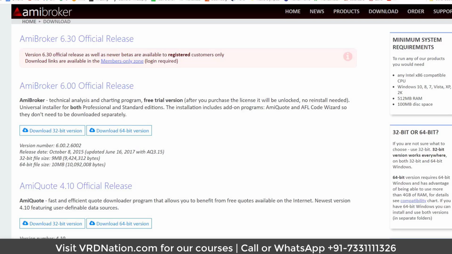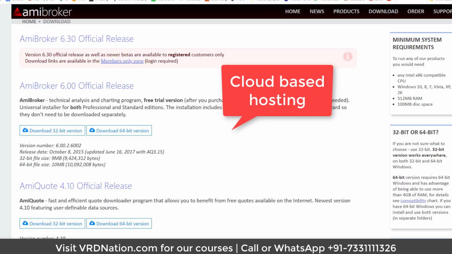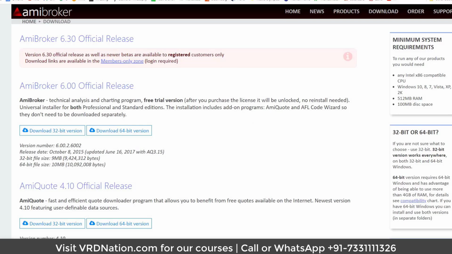Now, lastly, and this is again very important, I don't know whether we will have enough time to talk about it, but you can also go for cloud hosting. So instead of deploying Amibroker on your machine, you can rent a cloud desktop and install Amibroker there. This is becoming more and more appealing to a lot of people for a lot of reasons, and maybe we'll discuss this in a separate video. So this is another option that you have when you have to install Amibroker.